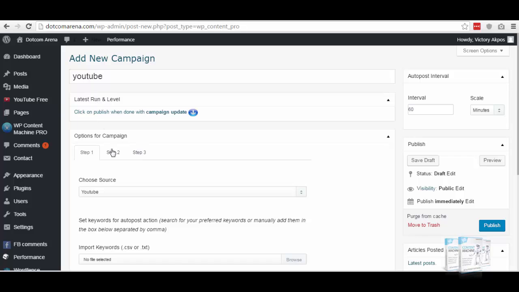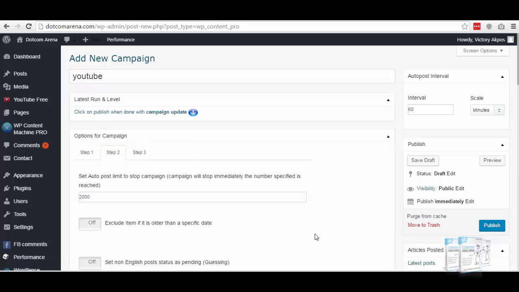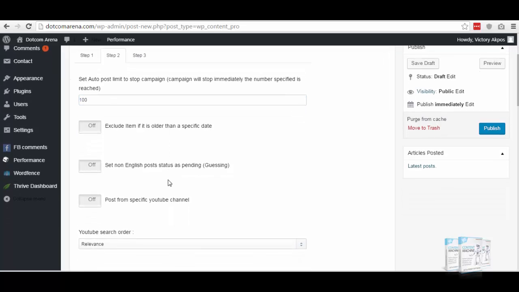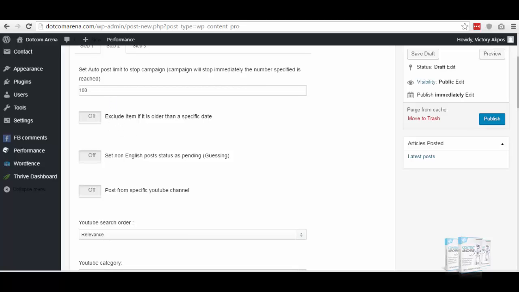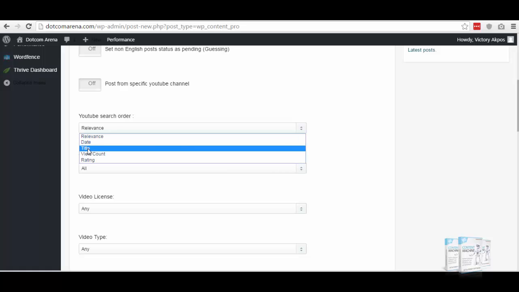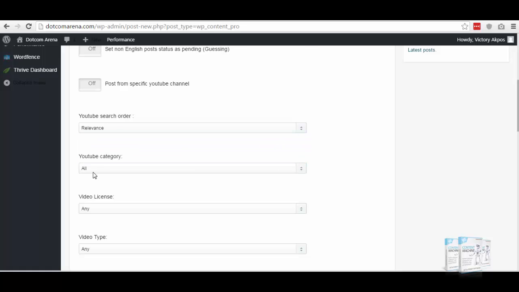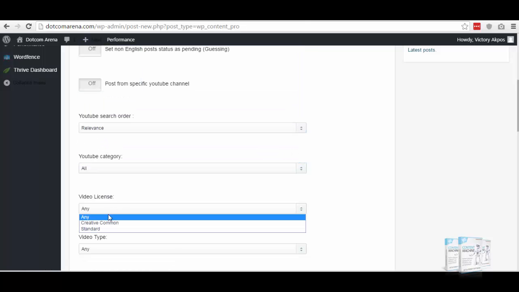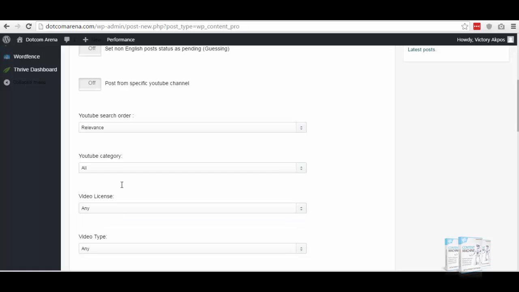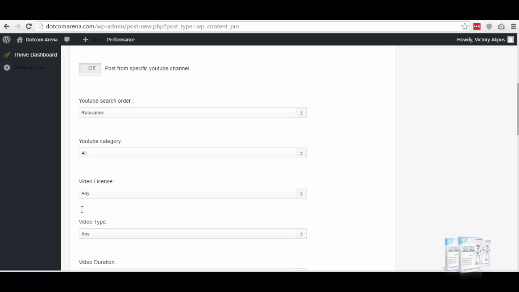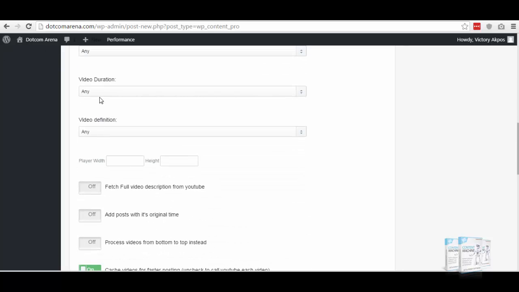Go to step 2, the maximum number of videos you want to import, let's say 100. You can exclude items if older than a particular day. Just go through. Then you can search YouTube based on date, title, view count, rating, the particular categories you can get from all, type of video license, the video type, whether episode or movie, the duration of the video,